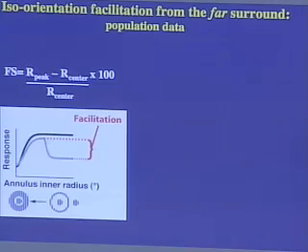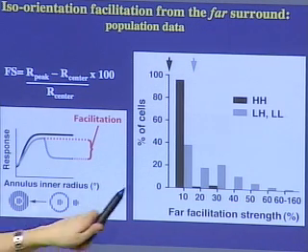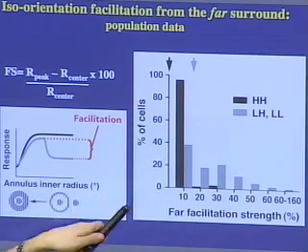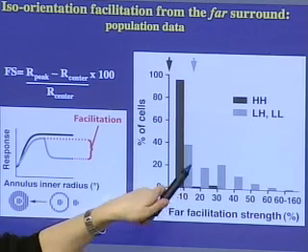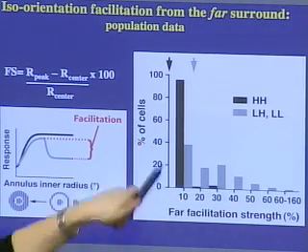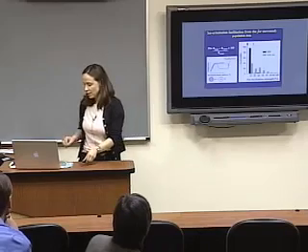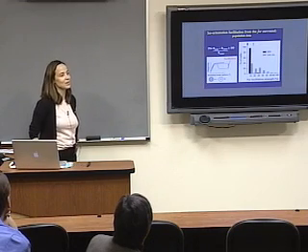And this is just the population average, to show you that we measure the strength of this facilitatory effect in this way. In blue, it shows that at low contrast, over 60% of our population of cells shows a facilitation strength that is 20% or larger, but no facilitation is seen at high contrast. And I'm going to have to stop here because I'm done. Thanks.